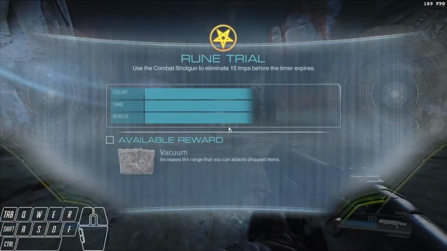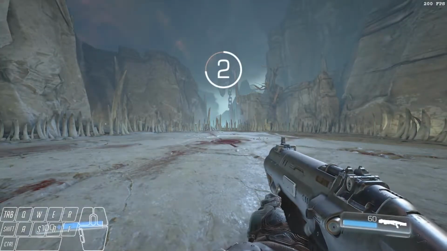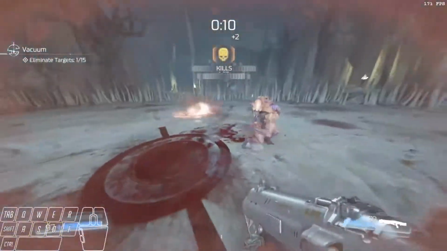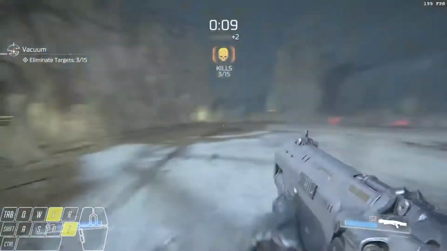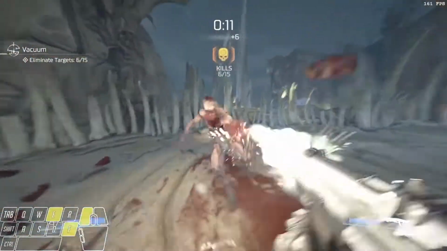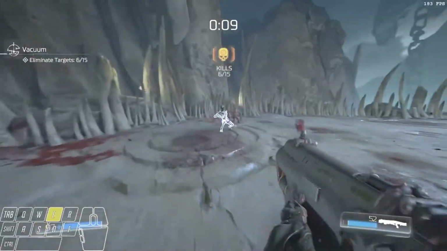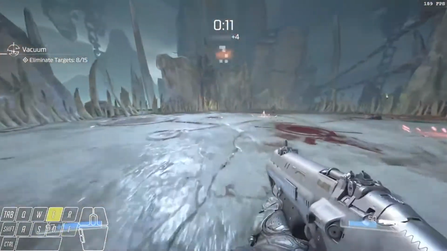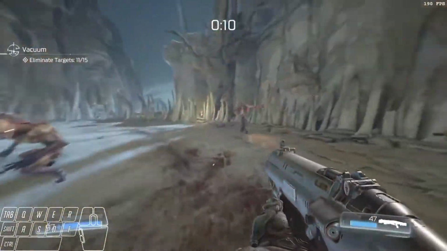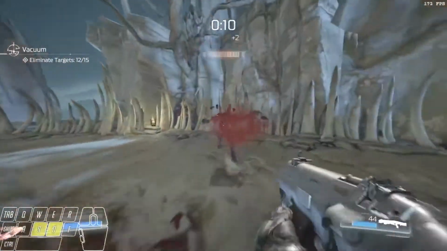You just have to kill 15 imps with a shotgun. So I'll just let you watch how that works. One thing that's really easy to do with this is start to one side and make a circle around the whole arena. If you're lucky with spawn points, they'll actually spawn in such a way where they're not super far away like this, but sometimes you get unlucky. And don't be afraid to also adapt to where they spawn on the fly